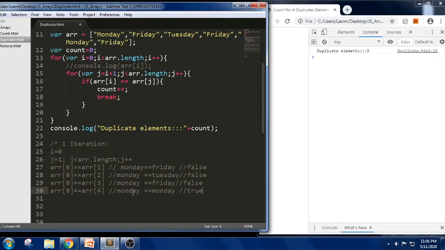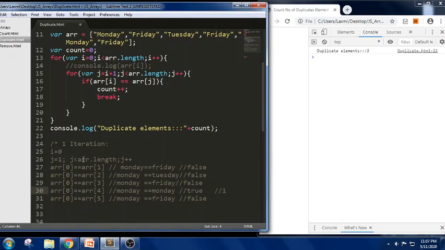And again it will iterate 0, 1, 2, 3, 4, 5. So it will execute for the next condition also. This is for the for loop inside J, in the sense the inner loop. First it will execute the inner loop, and later the outer loop. If the condition is false, it will not increment. So remember, here the count will be 1.